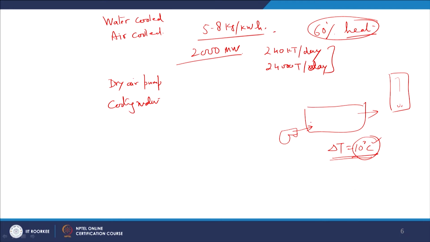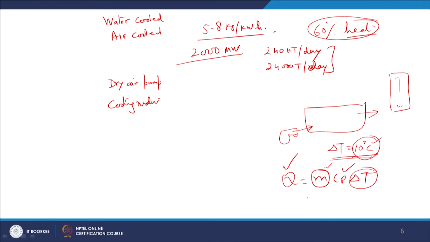So this is a restriction in designing of a surface condenser, on the mass flow rate or the size of the condenser. So how will it be compensated? Q is equal to m Cp delta T, right? So a certain amount of heat has to be carried away. Delta T we have fixed, Cp is also fixed. So we have to monitor the mass flow rate. Mass flow rate means how many tubes are required, what should be the size of the condenser, right? This has to be decided by this. So that is, we are talking about the cooling water pump.